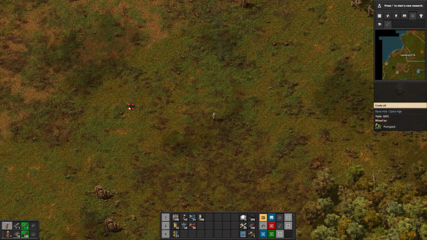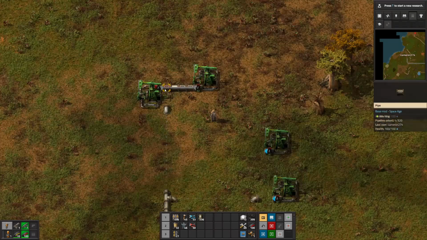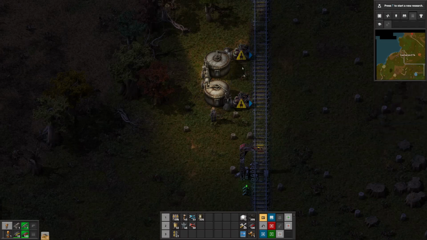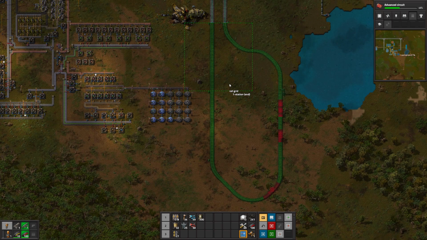Speaking of the US, our goal at the moment is the next raw resource we recently unlocked, the crude oil fields to the northwest. We set up some pump jacks and pipes to extract the oil from the ground, and then build a pickup stop where the oil can be loaded onto trains. We're going to process that oil over here near the water on the east side of our base,